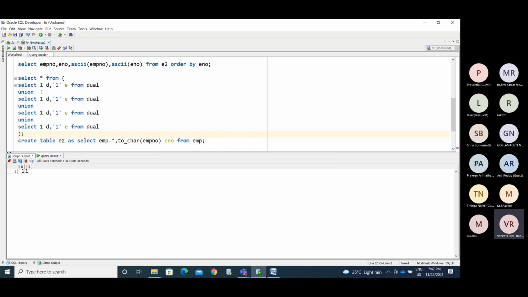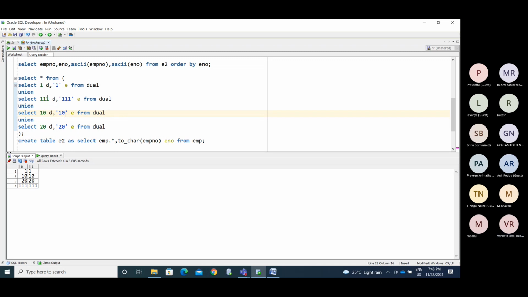So we use the union here. Now I make it like 111, 111. Okay, we have four different values: 1, 10, 20, 111, like this, right?